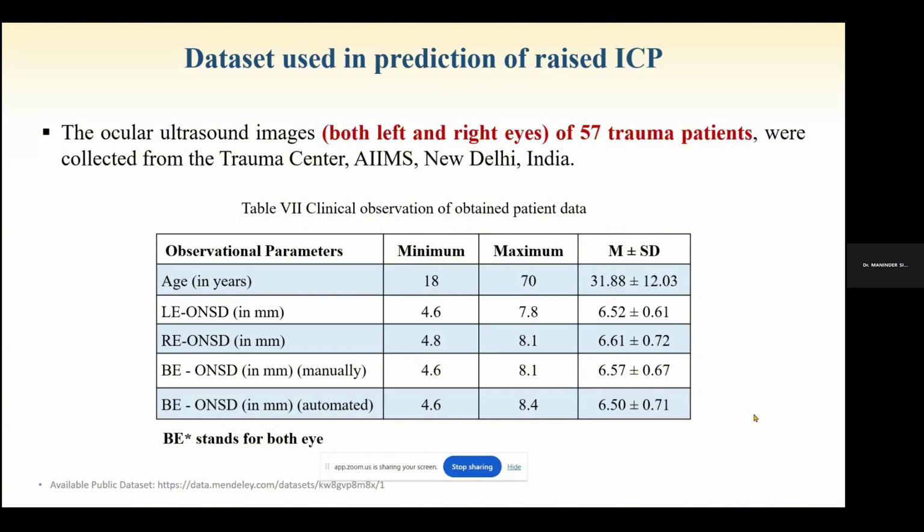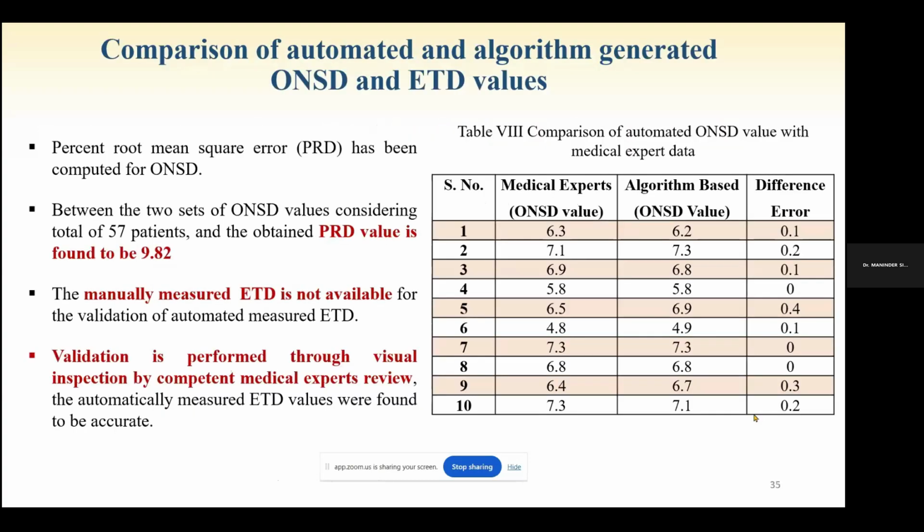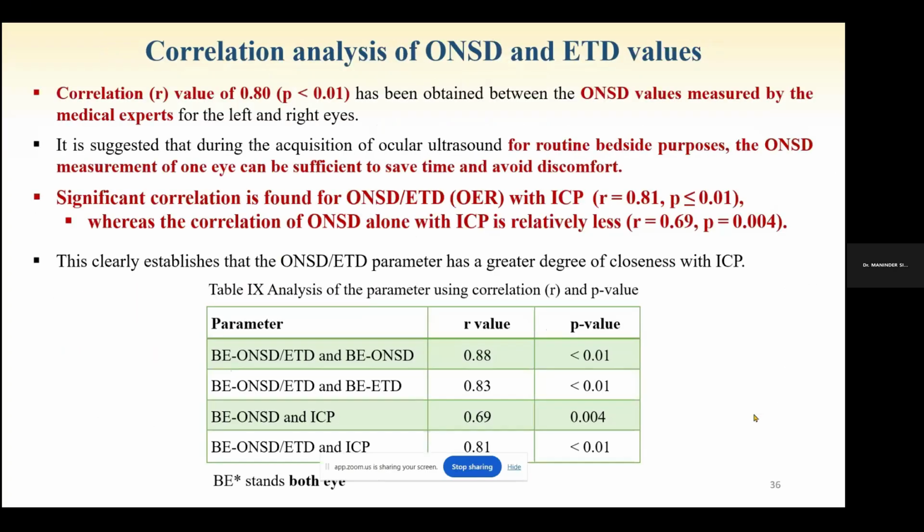The age group we obtained is in the range of 18 to 70. The patients were there, and we compared those results with the manual ones. Moreover, we again correlated with more data, and we obtained